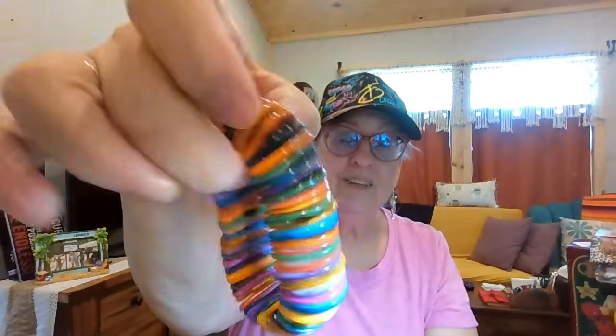Pretty cool. This is heavy, too. So I can't put all of these onto one earring because it would seriously just rip my ear out. But I can put several pieces on it, or I could leave it as a bracelet